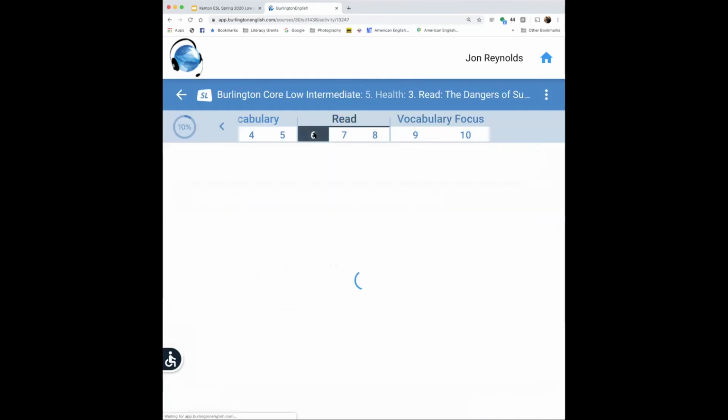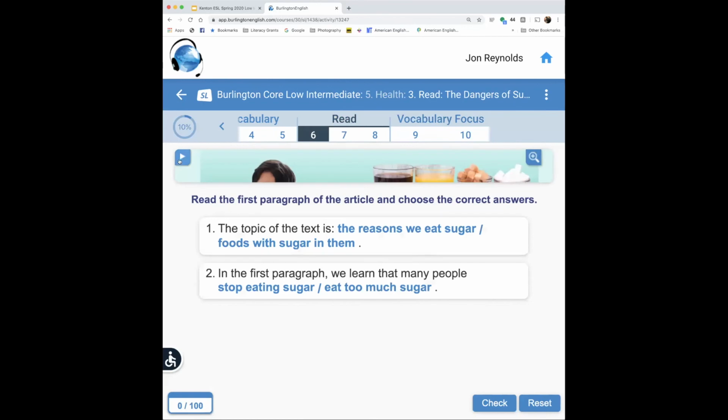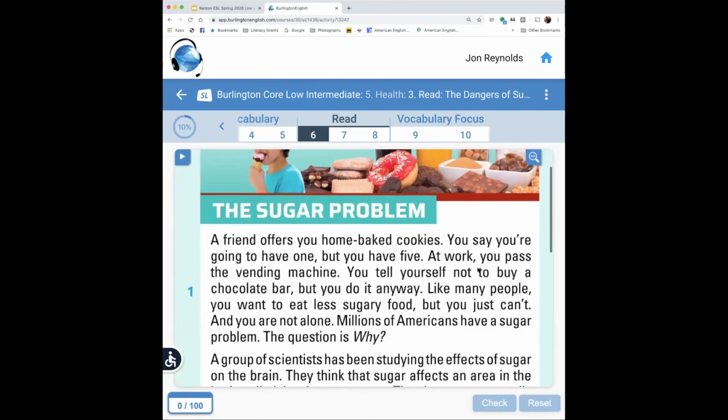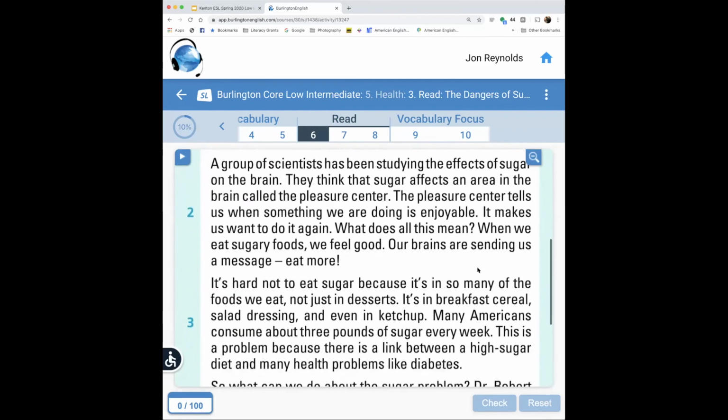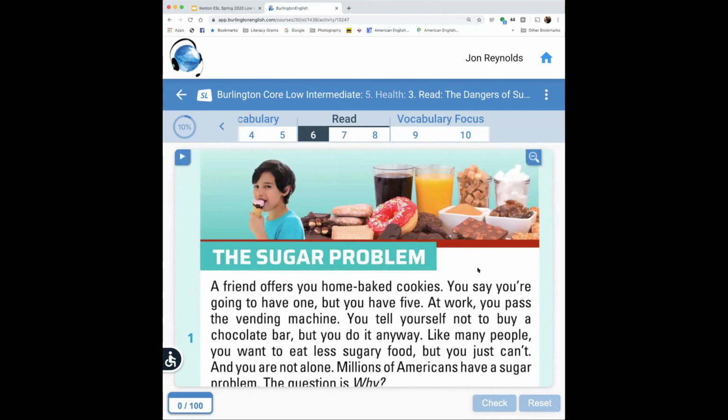So for example, when you click on the reading, I actually include the text in the video, so that way you can see it in the video. That might be a little bit easier for you. Now, the thing I want to share with you though is I read the text for you in the video, but if you want to listen to it again, I did want to mention that in the text you can listen to it too.